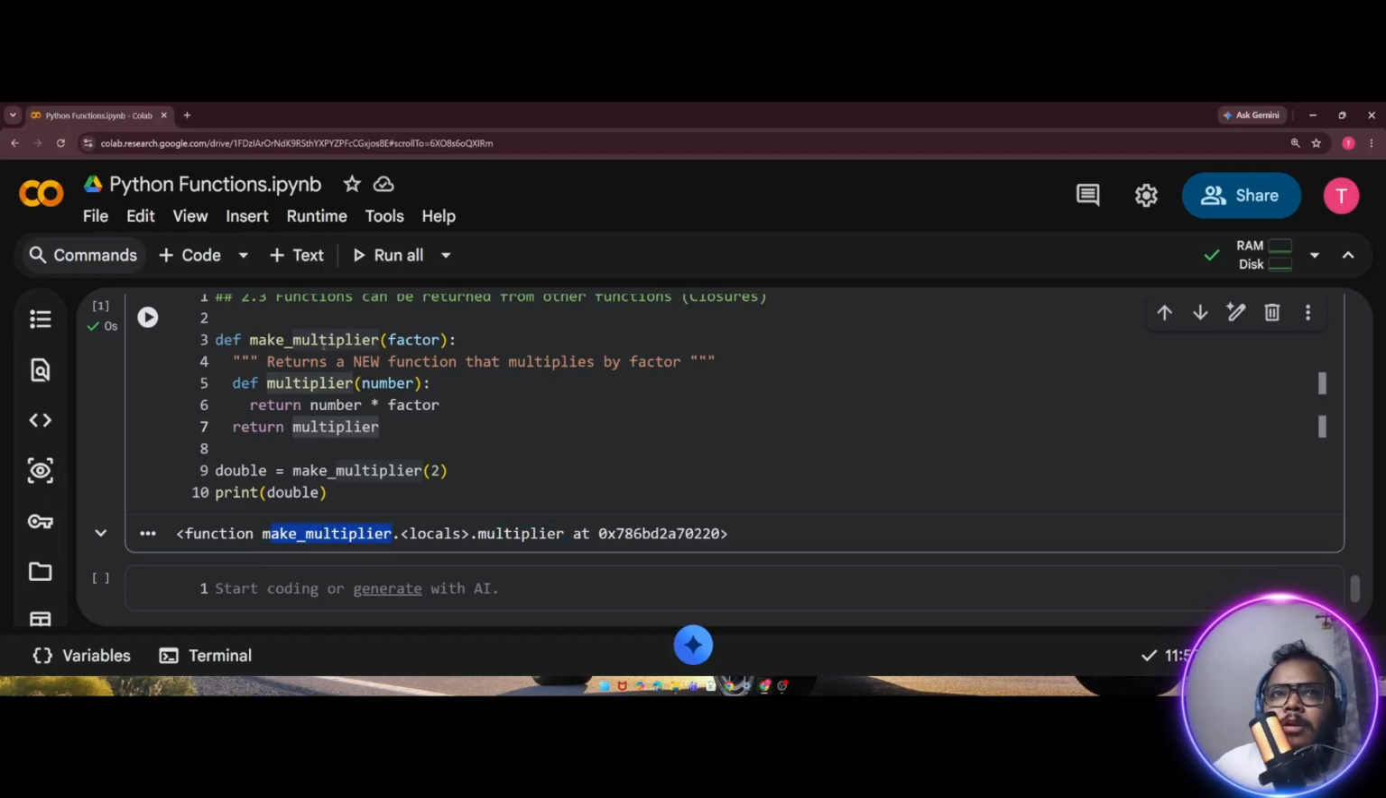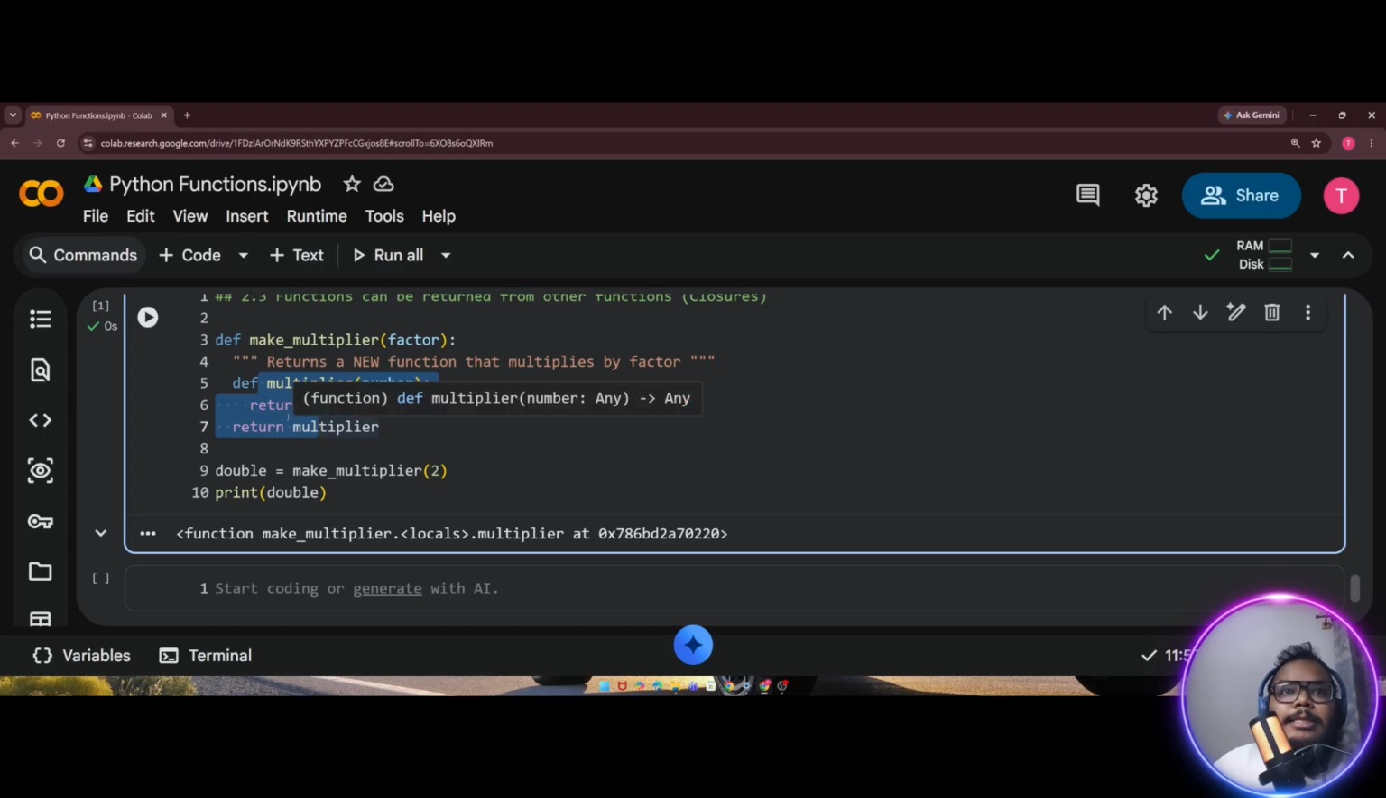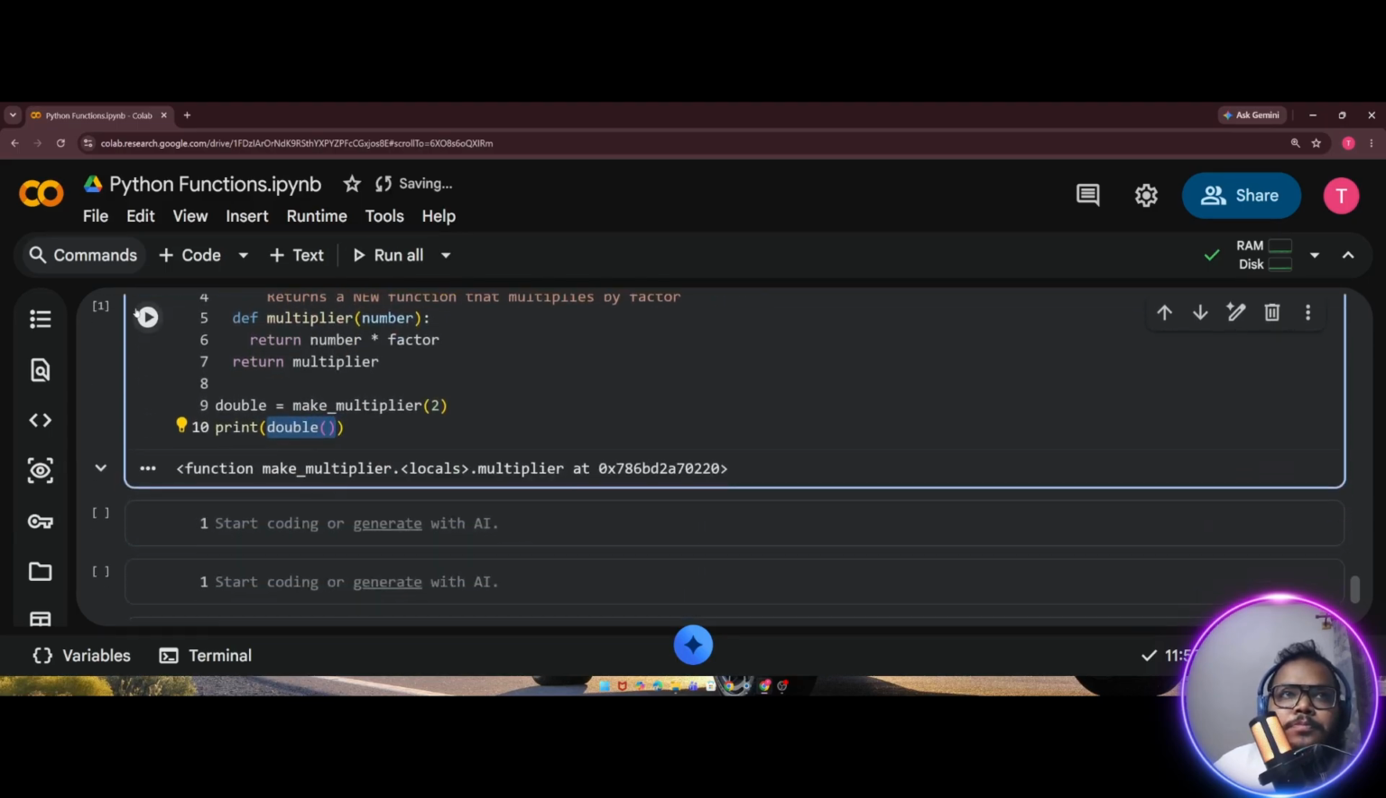Okay, and this multiplier is the local version of the make_multiplier. That means for this make_multiplier function, the multiplier function is locally available in its local region, like the LEGB rule that I discussed in previous videos, right? So the same logic. So double equal to make_multiplier 2, print double. This is the function that I got. Now since double contains the multiplier function, I can call it, right? I can simply call it like double and print it. If I execute this code,